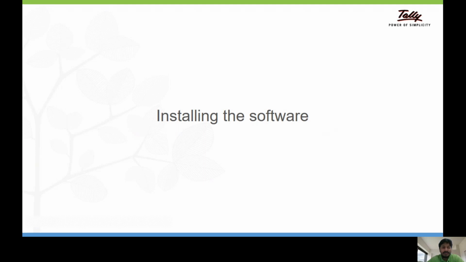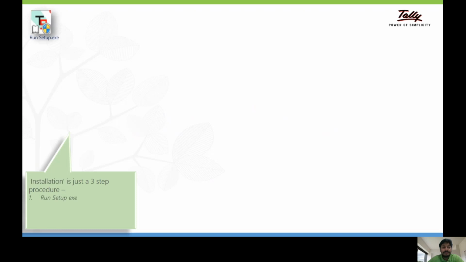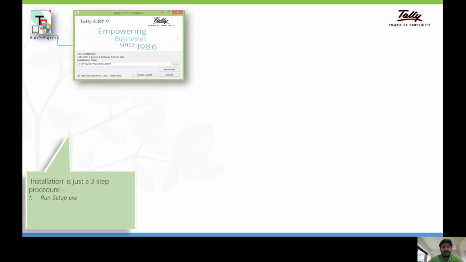It is very simple. We have a very simple 3 steps for how you can install Tally. You can just download the setup file from the Tally Solutions website. After that, you can double click. You can configure the file where you want to install, and after that, you can click on install. So you can see the first step is that you need to download the setup file from the website, which is tallysolutions.com. After that, you will get this pop-up screen.